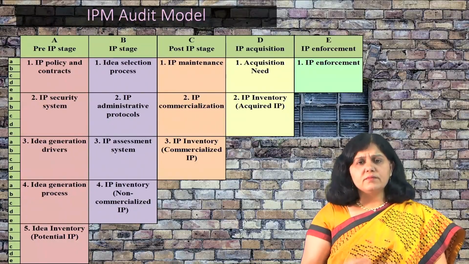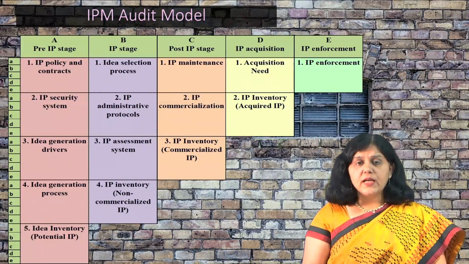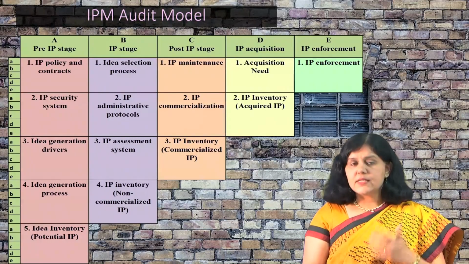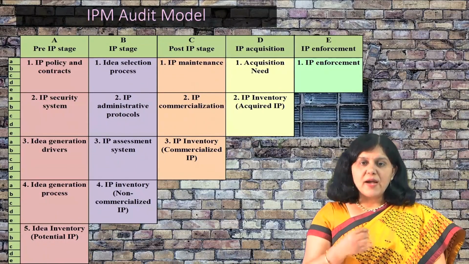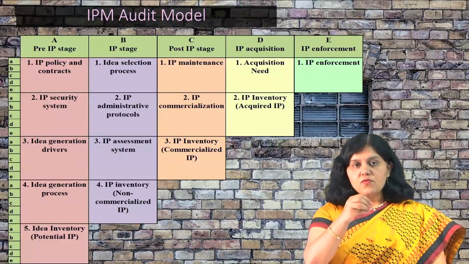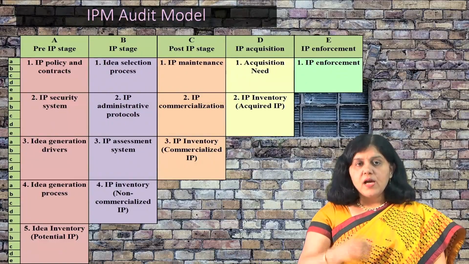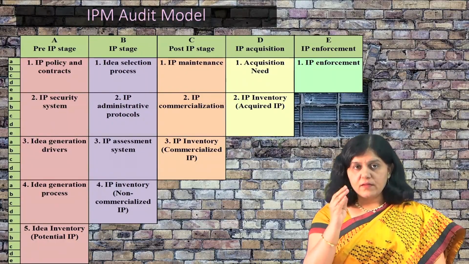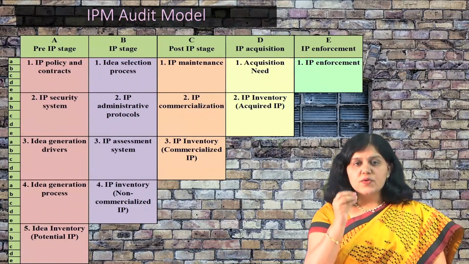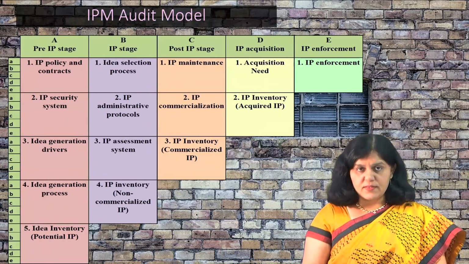So there are some external, dedicated agencies. The organization can take help of those external agencies to take care of IP enforcement. It is a challenging task, but it is a mandatory task. Okay. So we can say overall, if you see, there are 5 stages and 15 major IPM processes. Every stage further, I have already said that these 15 major processes are nothing but they are covering more than 130 IPM related processes, right.